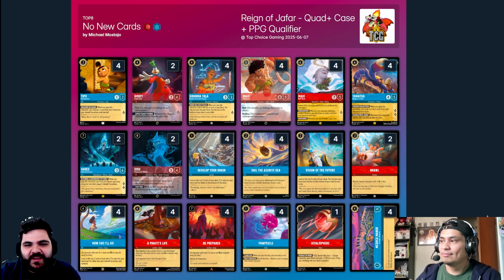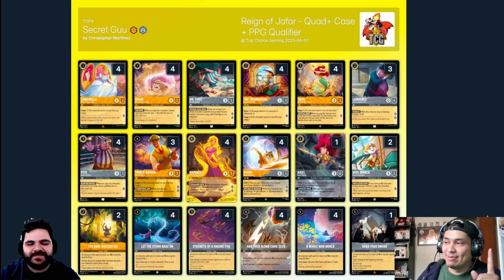There were no new cards that he could obtain. However, he didn't need it. You don't need them. What are you doing with the new cards when you don't need them and you can win anyway? And in top 4, and a member of Team Goons, a Goon Squad member over here, Chris Martinez, aka my cousin,